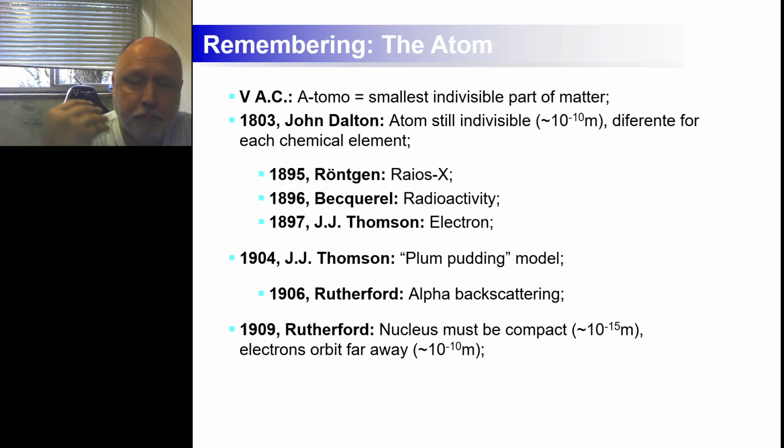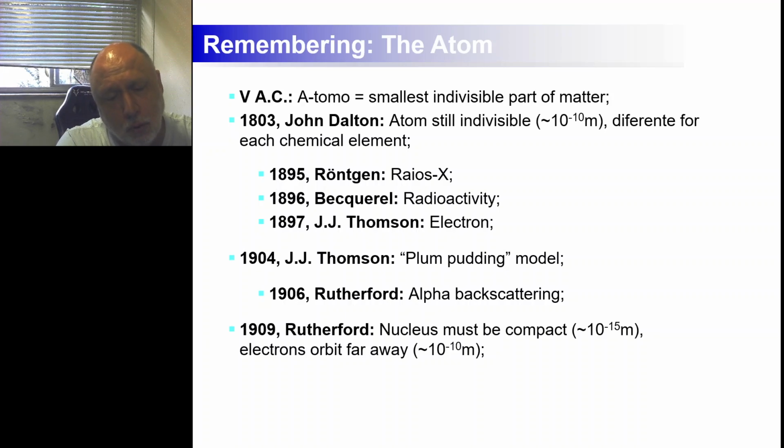Most of the alpha radiation just passed through the gold foil, which was impossible to explain using this model. And some of the alpha particles were backscattered. I mean, they just collided and came right back. So this is impossible with something soft like this. So he thought, okay, something is not right with this model, and after 3 years working things out, he came up with the idea that the nucleus must be very small,